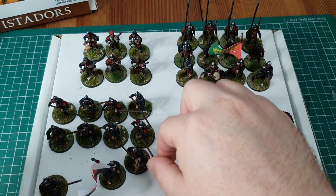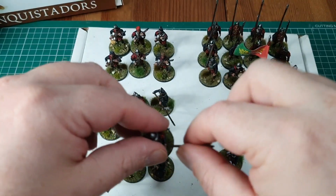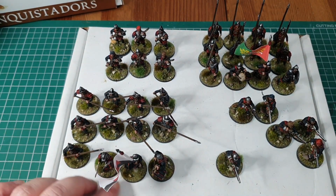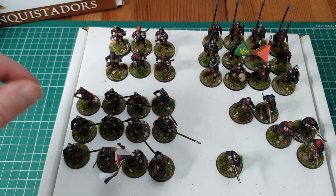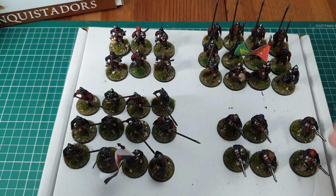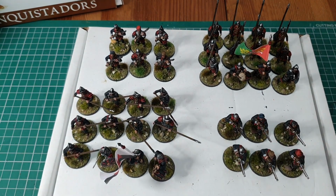And the reason being, they're in units of 12 at the moment. Obviously I could use them in Pikeman's Lament and Dragon and Lion Rampants, those type of games. They all fit into those. And then the units of 6 handgunners, the original idea is that obviously I've gone